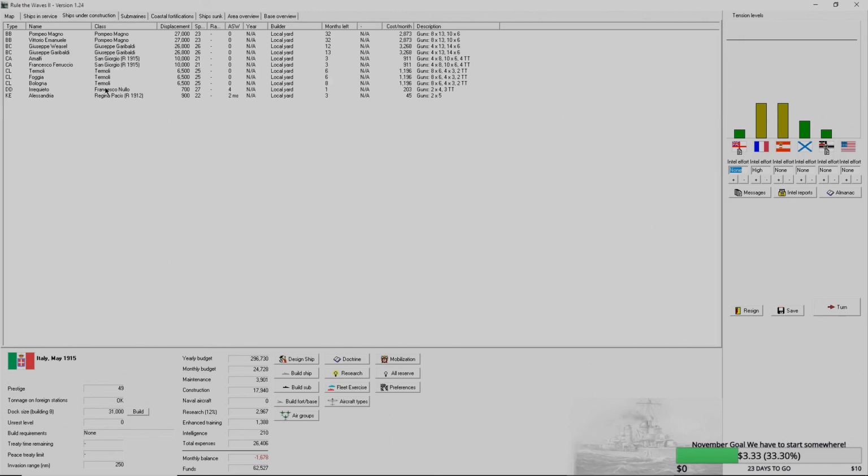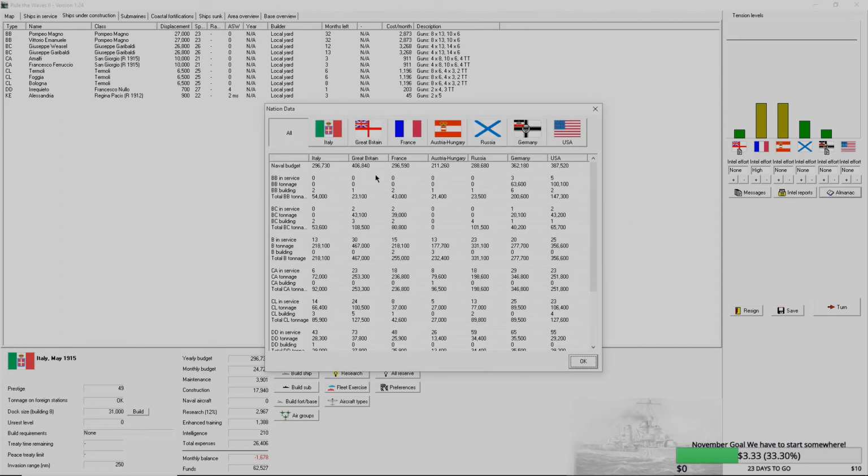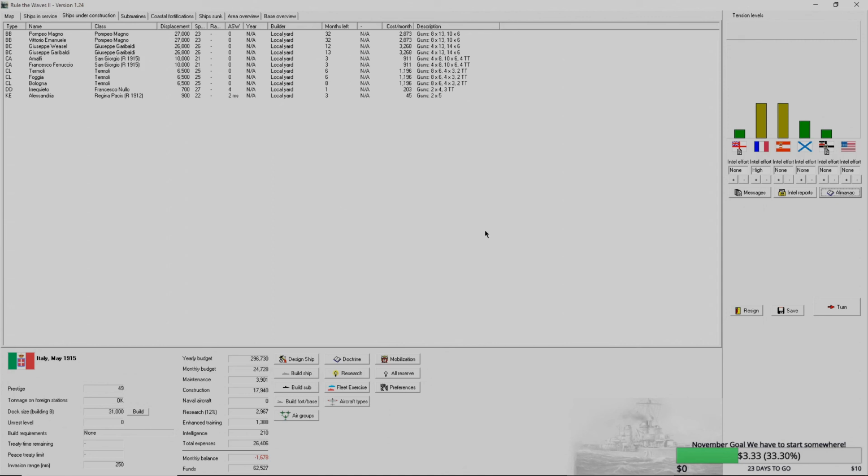All right, so we've got our last Francesco Nulio getting finished. We are building BBs, and like I said, that's where I wanted to stop. So we're going to end the stream right here. We've got money. We're burning through the money, but not too fast. And we're now in the battleship race. Interesting. And France. And basically, as soon as battleships get in service and battle cruisers, those old battleships become so useless that these folks that have 20, 30 of them, they'll scrap them because they're just victory points. So, all right,